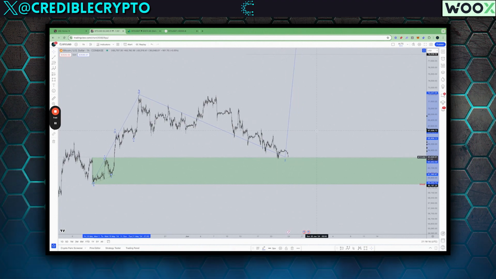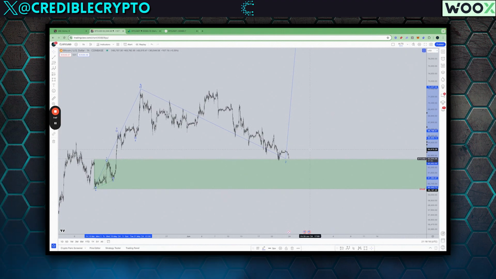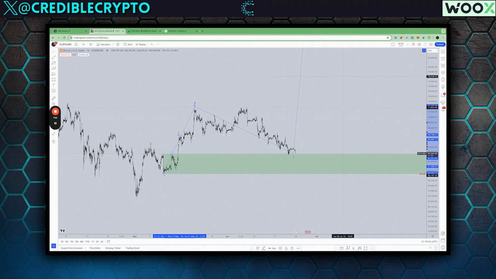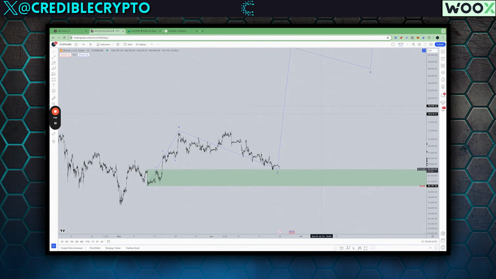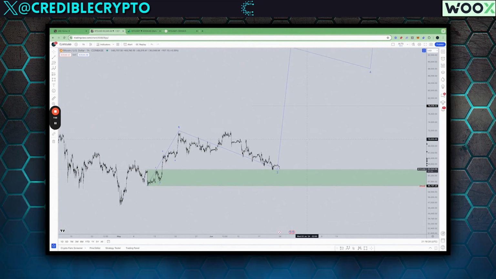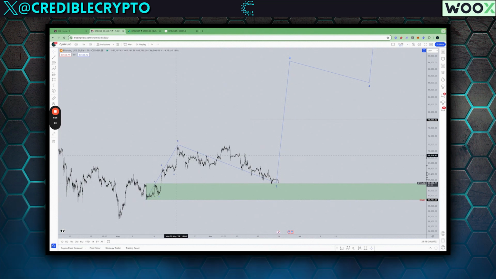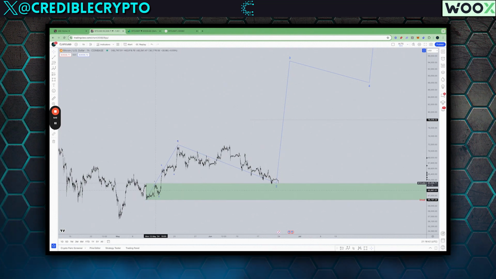So that being said, guys, we're looking for some sort of a bottoming structure to occur into this green zone here. If we're right, then we shouldn't go below 60K. What we're looking for then is the next impulse like this to present itself, a lower time frame impulse to start. In the same way that this impulse has 5 waves, each of the 3 impulsive waves within the 5-wave move should have impulsive price action themselves.